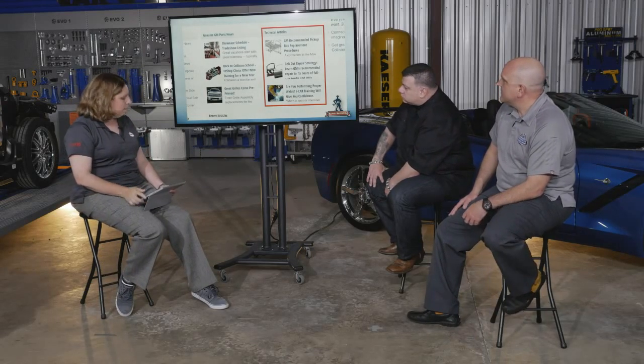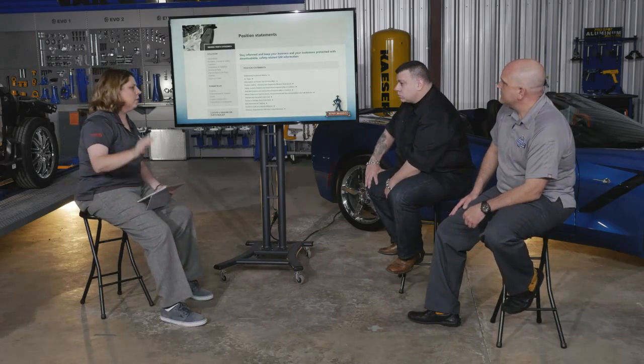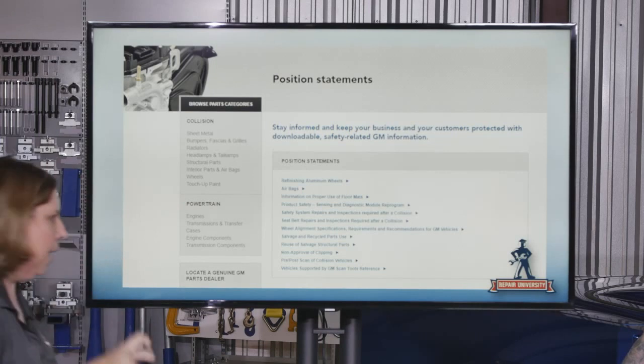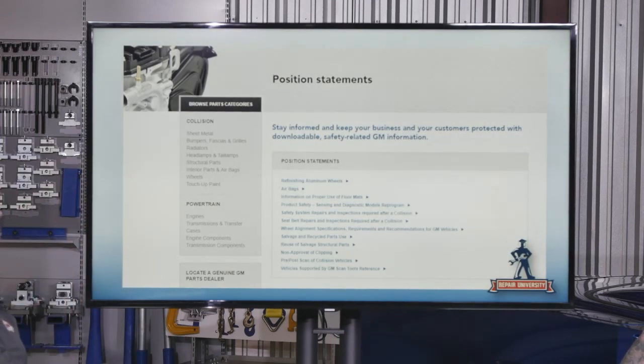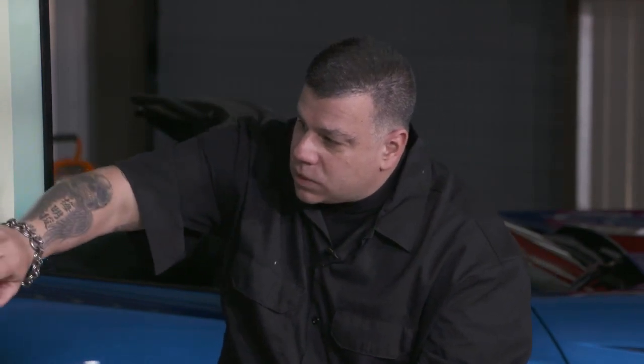But let's get to one of the things that I think, Larry, we get asked all the time, every day, whether it's on social media or private message: Hey, does GM have a position statement on blank? And here we go. In some cases they will, some cases in the repair information. Even though on that one page some of their position statements are in those procedures or technical documents, they took all those and repeated them down at the bottom for position statements. And they have refinishing wheels, airbags, knockoff parts or imitation parts, junkyard parts, their position on everything here, requirements after a collision,